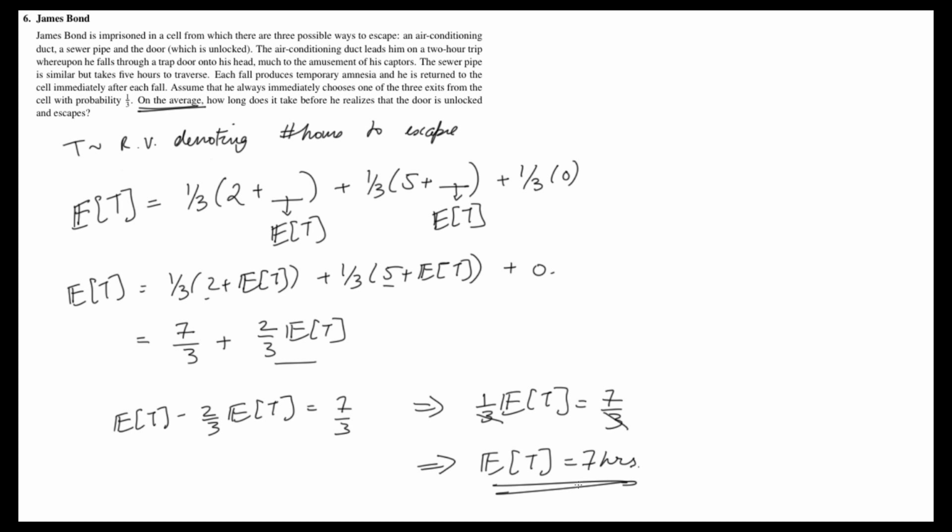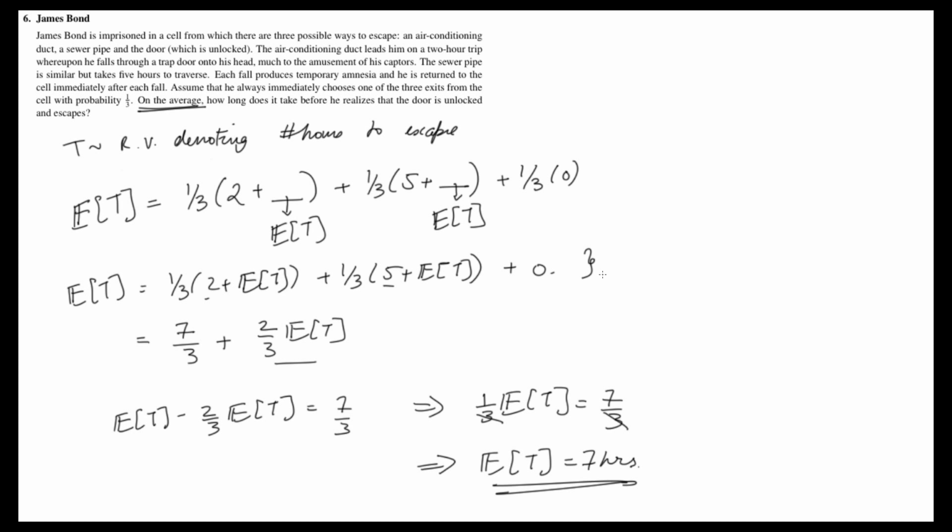This isn't the standard formula for expectation, right? This isn't the natural form, because what you've either seen for expectation is the linearity of expectation, or the actual definition of expectation, which is the sum of all sample points weighted by their probability. But in this case, you shouldn't try to calculate the expectation of T by the formula you have. Just think of the expectation of T here as a different variable which you're trying to calculate, which is the average amount of time he takes to escape.